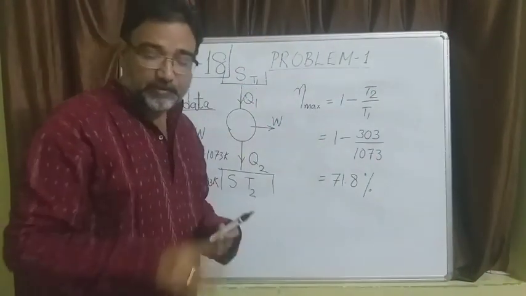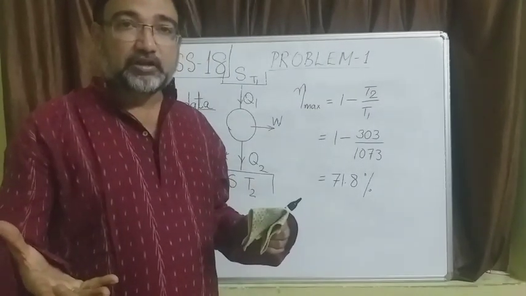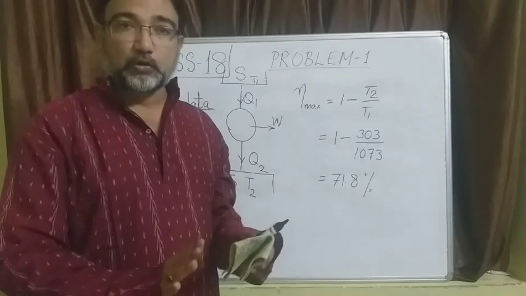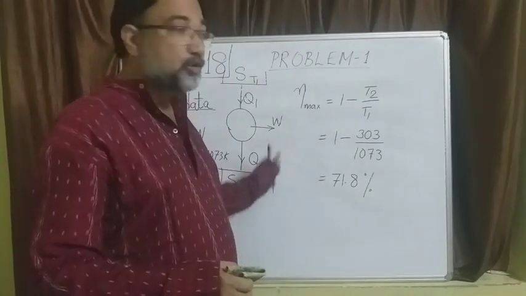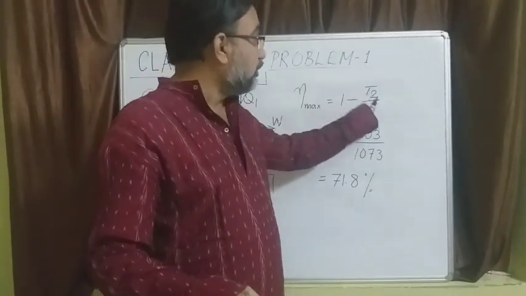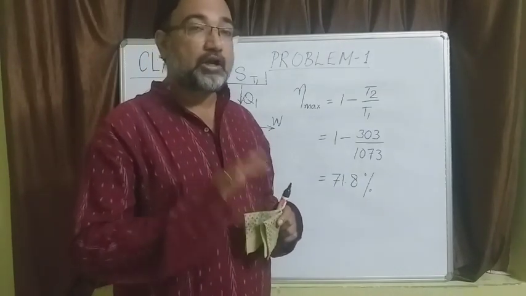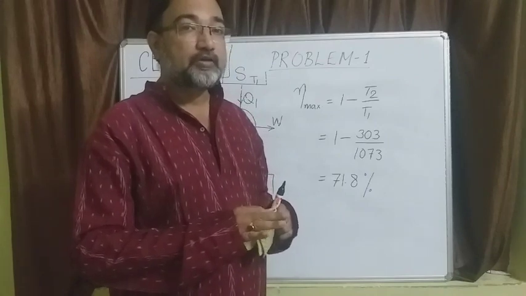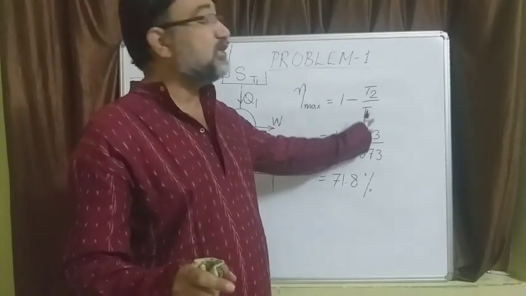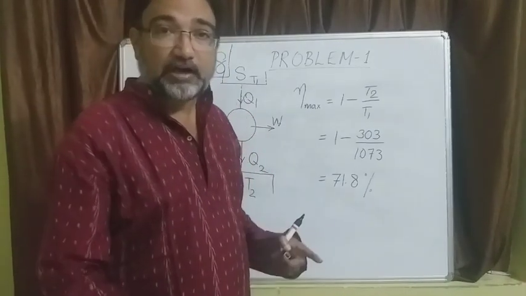And you know that efficiency of an engine can also be expressed in terms of heat quantity. Actually, efficiency of an engine is expressed in terms of Q1 and Q2. But because it is a Carnot cycle problem, we have the liberty, the luxury of using the temperature term in order to find out the efficiency. Had it been a real engine problem, we could not have done that. But here we can do that because it is a Carnot cycle problem. We can very safely write 1 minus Q2 by Q1 is equal to 1 minus T2 by T1, which otherwise we cannot write for any other engine.